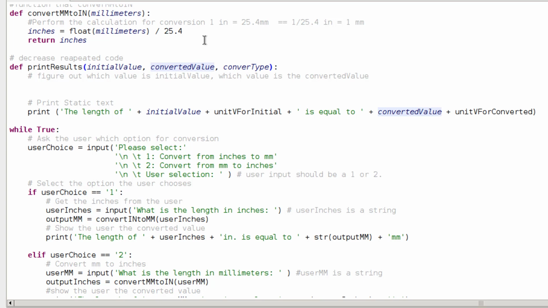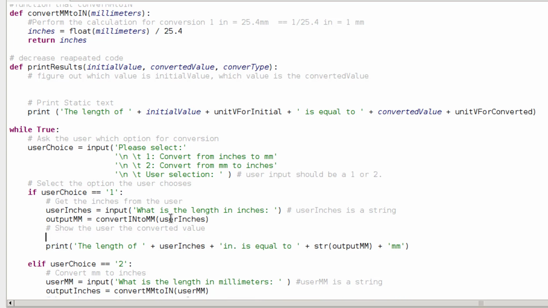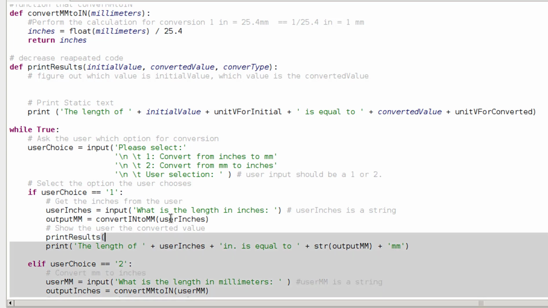And just so that we're clear on how we're getting that information, initial value and converted value, down here, when we call the function, so right here when I call this function, I would call print results, and then the order in which I provide the variables would then determine which is the initial